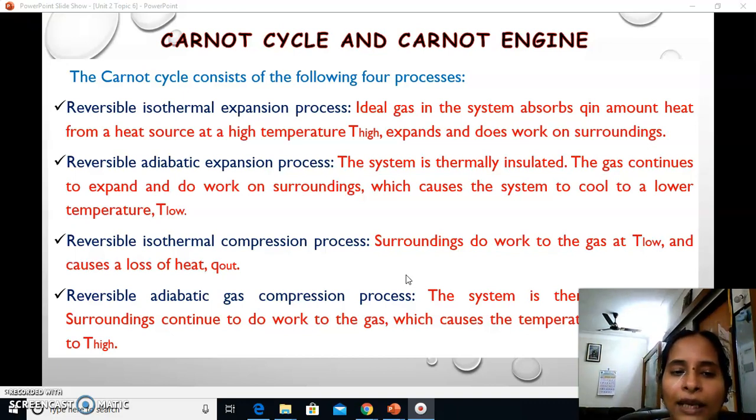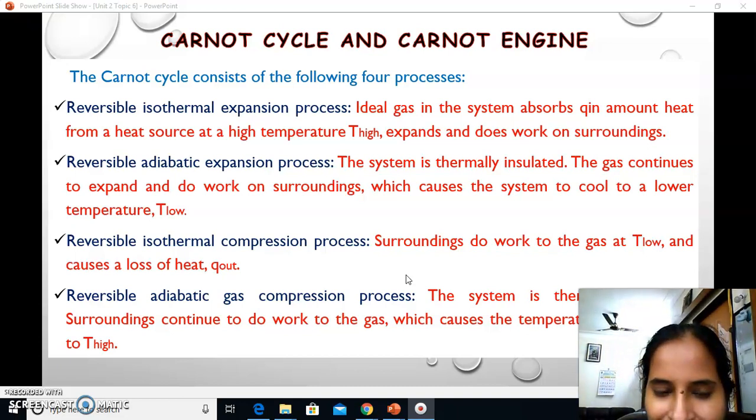Okay, so here first let me explain. The first process is an ideal gas in a piston cylinder arrangement absorbing heat from a heat source. So it is a heating process, a constant temperature heating process at a higher temperature. And next, after it absorbs the higher amount of heat energy, it undergoes the expansion process, so that work will be delivered.